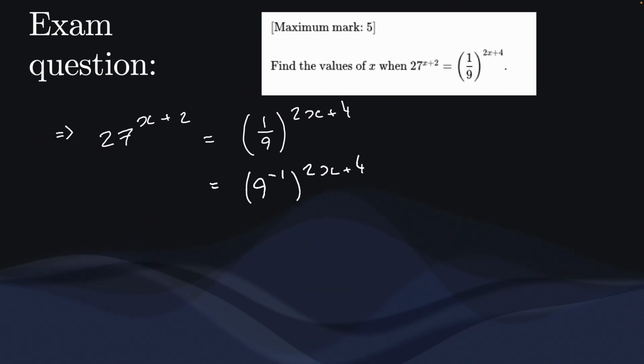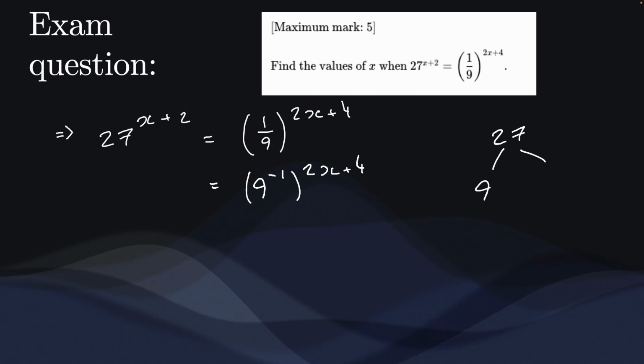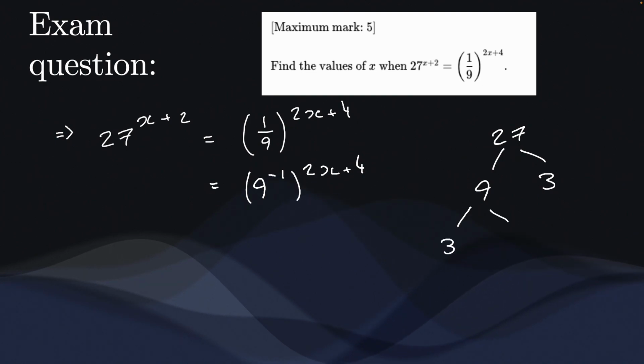What's another thing that we can notice? Well, both 24 and 9 are multiples of 3, right? So let's see if we can do anything with that. What's 27? Well, 27 is 9 times 3. Great, but 9 is also 3 times 3. So therefore we can tell,